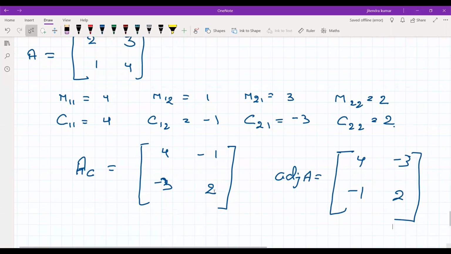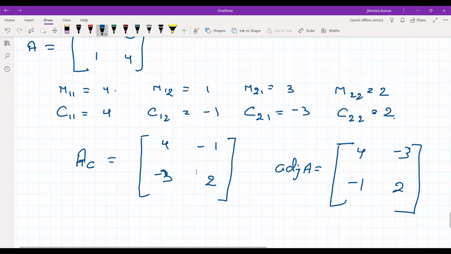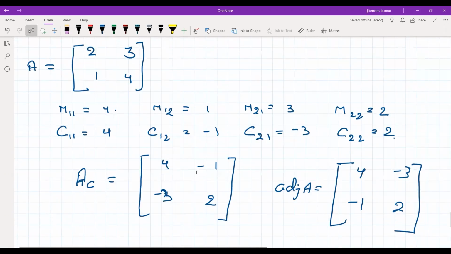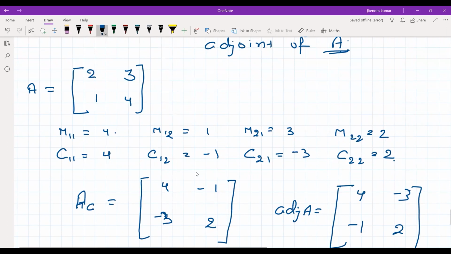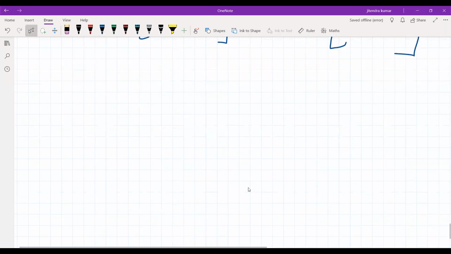Now in case of a 2 by 2 matrix, we are getting values directly here, like 4, 1, 2, 3. But in a 3 by 3 matrix, you will first get a matrix of determinants of 2 by 2, and then you will have to solve the determinant to get the final value. Let me explain it more.